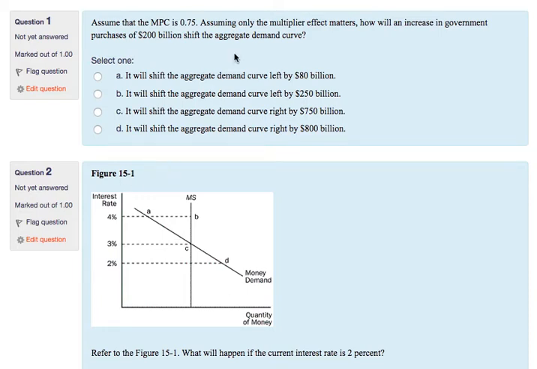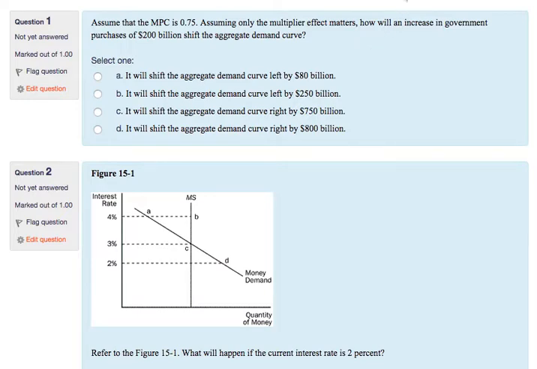Assume that the MPC is 0.75. Assuming only the multiplier effect matters, how will an increase in government's purchases of 200 billion shift the aggregate demand curve? Well, we saw that the spending multiplier was equal to 1 over the MPC, or the marginal propensity to